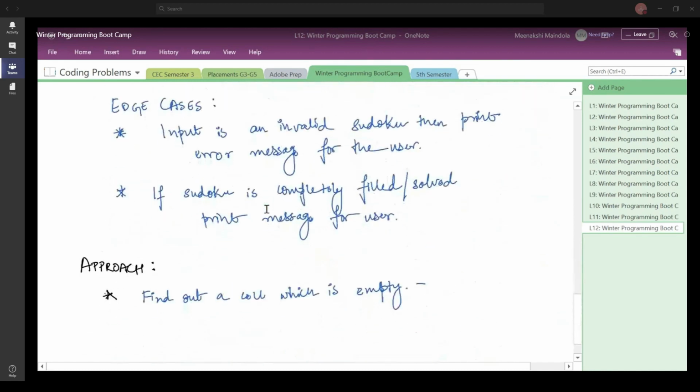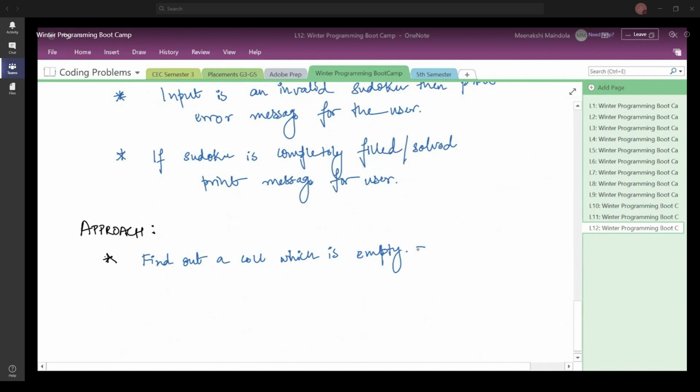So you check if the cell is empty, and keep a track of the column number and row number, right? Okay.